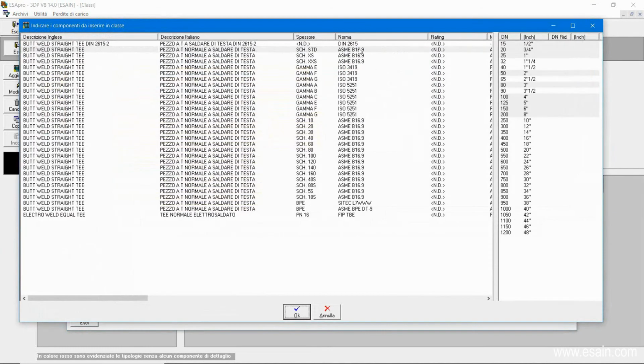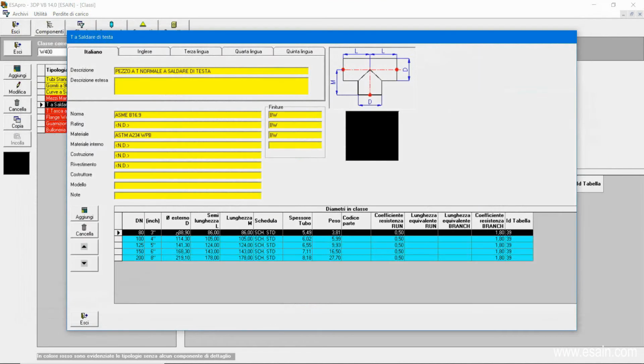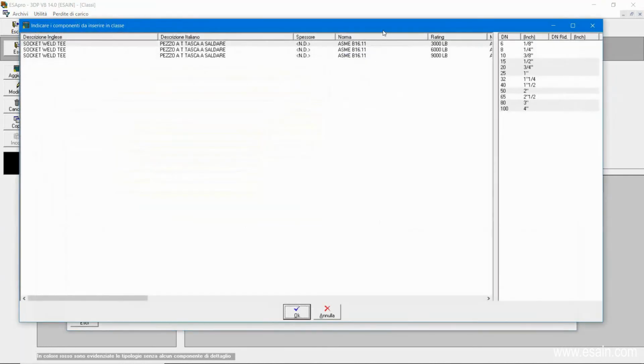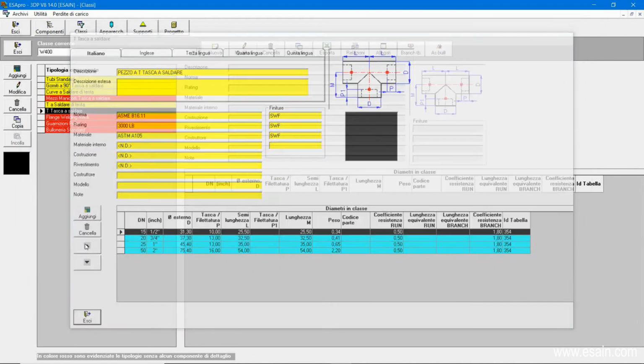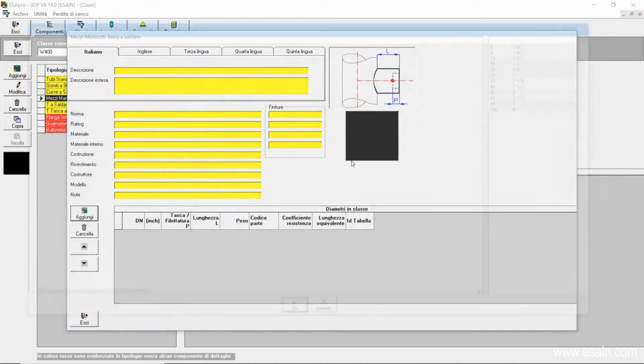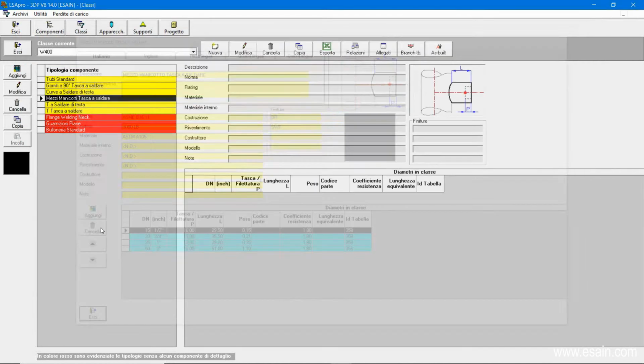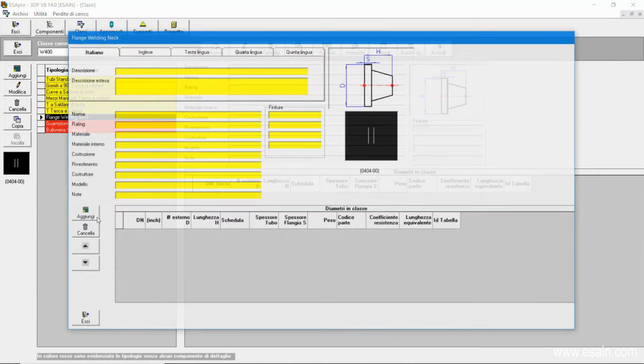The same choice will be repeated for equal tees, so butt weld tees for 3 inches and more. Socket weld tees for diameters less than 3 inches. We also add half couplings. Socket welded half couplings for 2 inches and smaller.